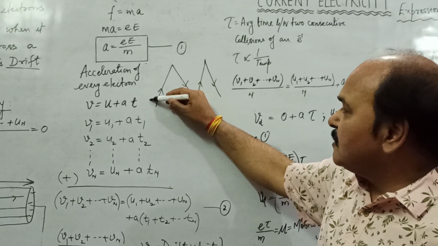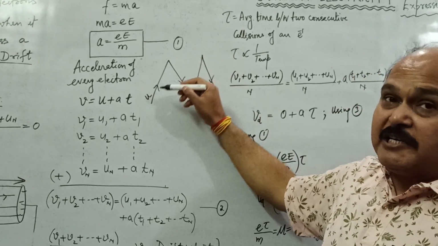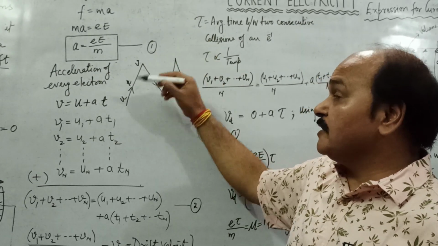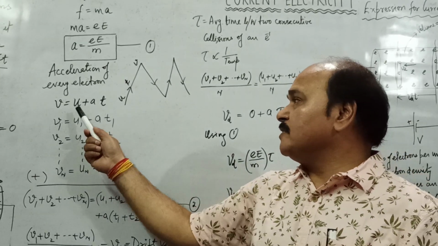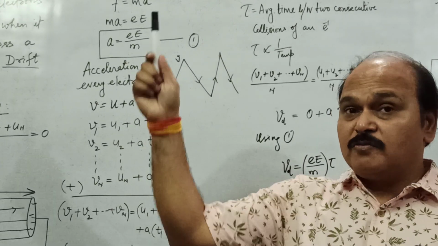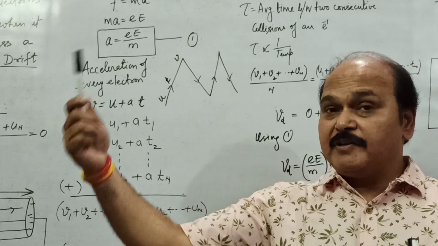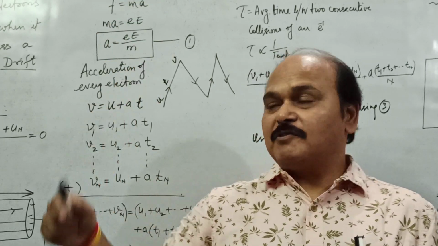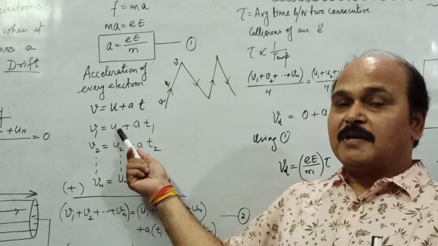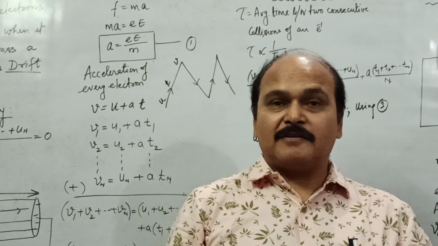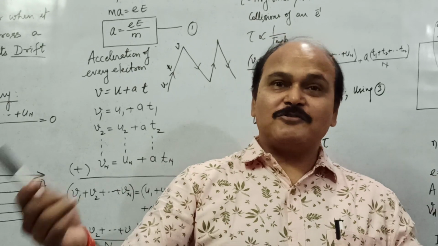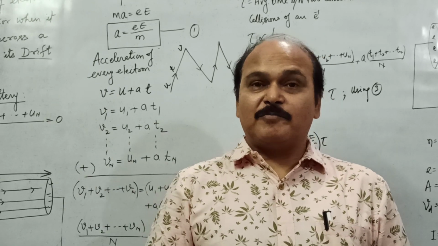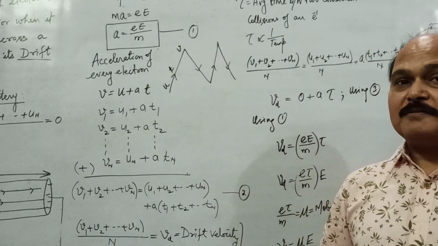If u is the velocity along this free mean path initially, v is the final velocity, and t is the time taken to move along this free path with acceleration a, then the final velocity v is going to be u plus at. As the electron moves along a free path, after every free path it undergoes a collision. And what happens after collision? It restarts its motion with velocity u. Again it travels a certain distance, a certain straight path, and it undergoes a collision. Again it starts moving, collides. The movement and the collision continue.